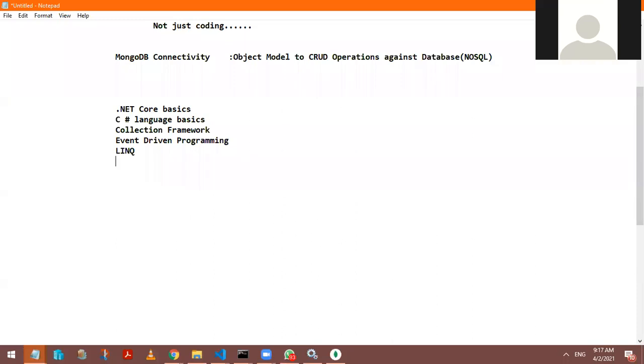We also talked about writing your applications with database connectivity. We tried to learn this connectivity using RDBMS as well as NoSQL, which I showed you here as MongoDB, correct?